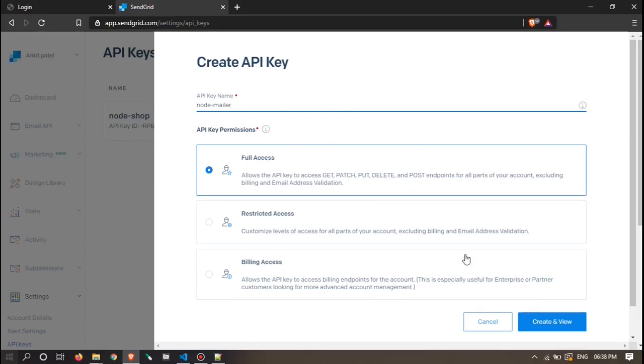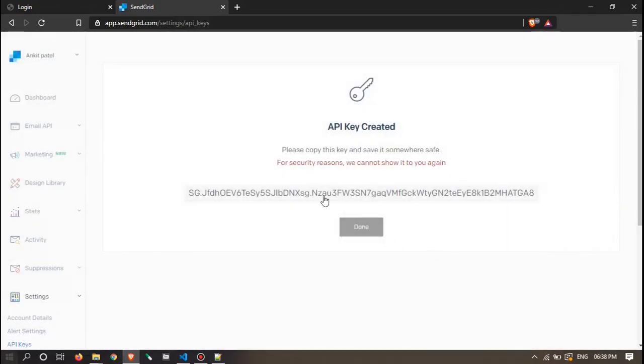You can give full access to it. This will give an API key. I will delete it after this, so don't worry. If you use your own API key, don't mind. Let's copy this, we need it later. Okay, copy it. Done.